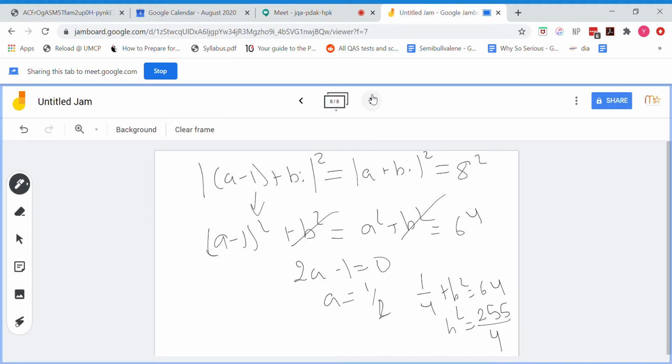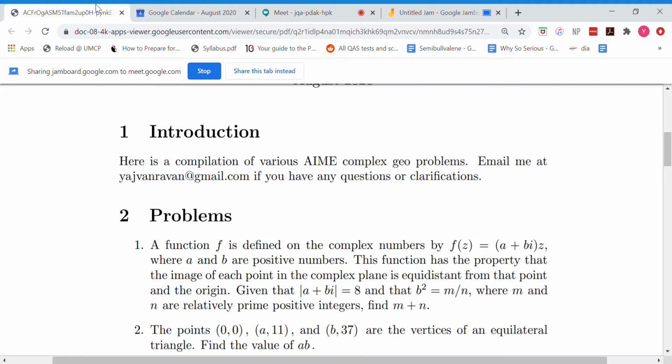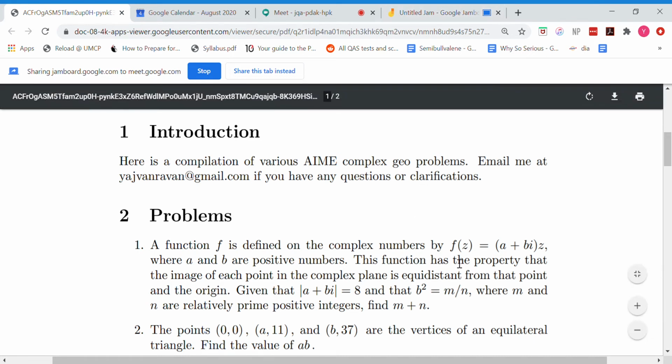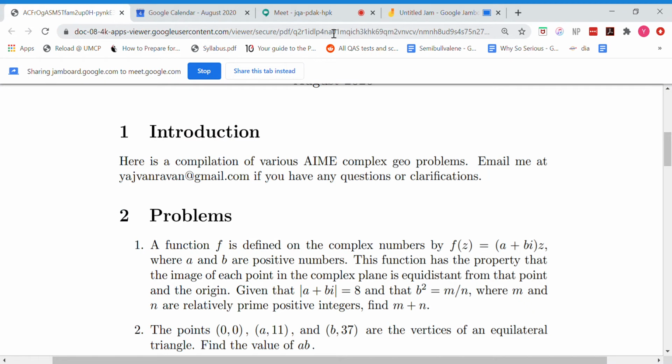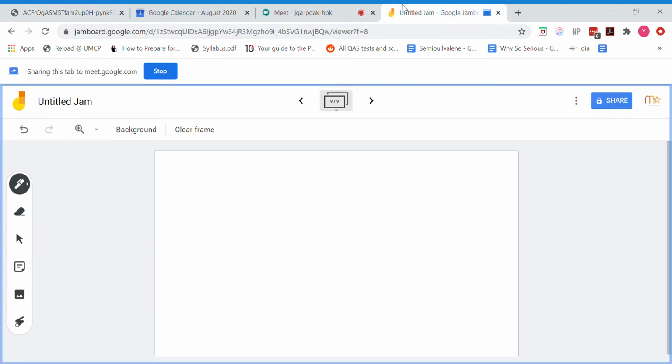Alright, okay. So another way we could have done this is by simple substitution. This function has a property that for any choice of z, this is true. So if we can choose z to be an easy complex number, then that might make our computation a lot easier. So let's pick z equal to a super simple complex number, which is just 1 plus i. Right? Then f of z equals